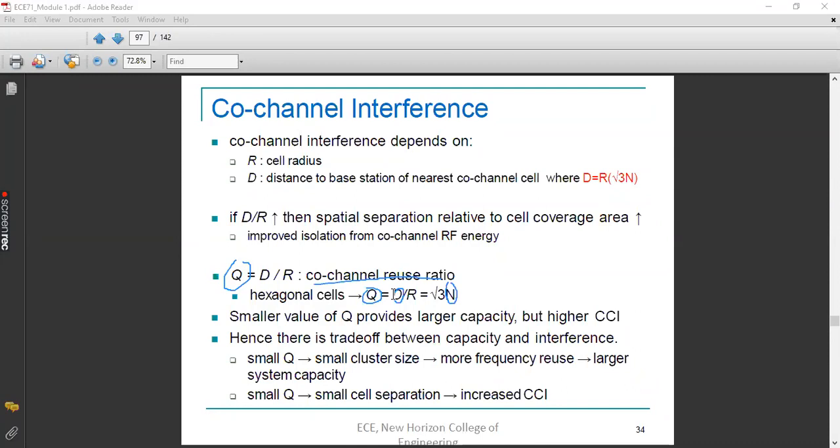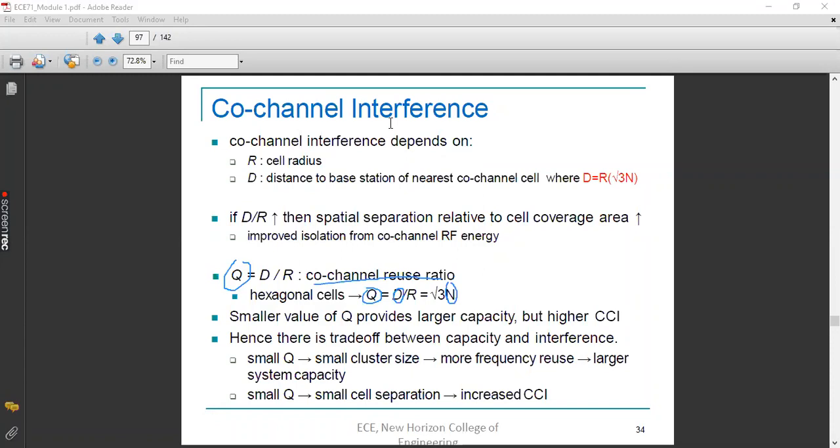For example, if it is a 7 cell reuse factor, what do you mean by 7 cell reuse factor? The channels are shared among 7 cells. The channels allocated to one cell are 1/7 of the whole channels available. But if the reuse factor goes to 12, meaning the cluster size is increased to 12, then the channels allocated per cell will come to 1/12, meaning the total resources available for one cell have come down, so capacity is reduced.